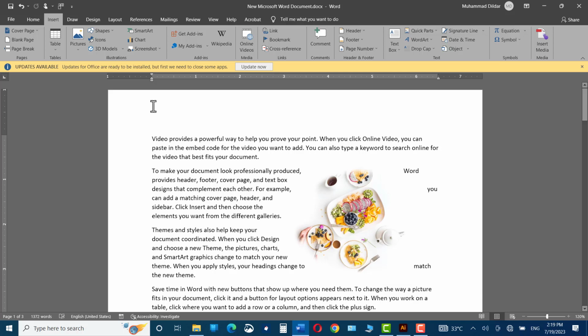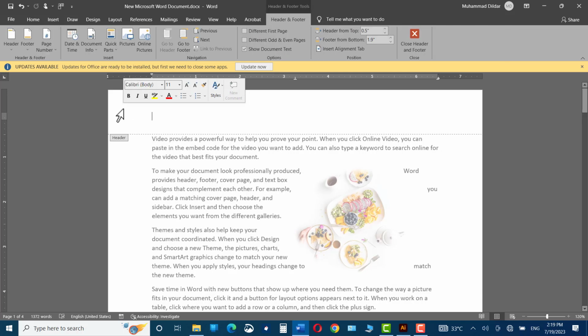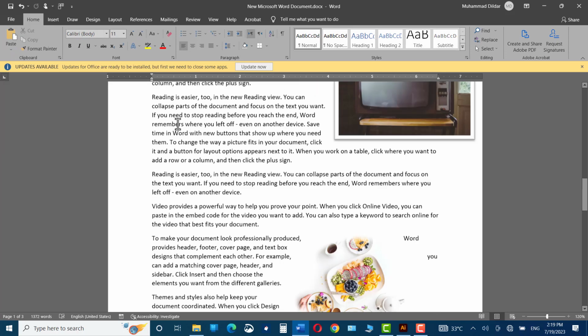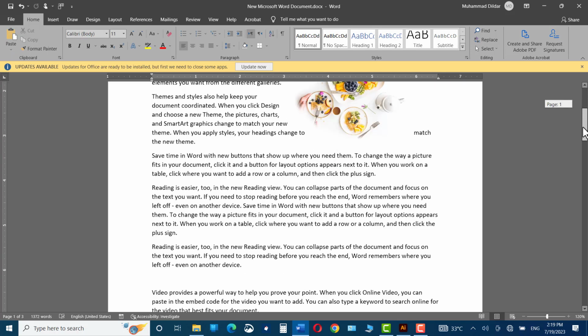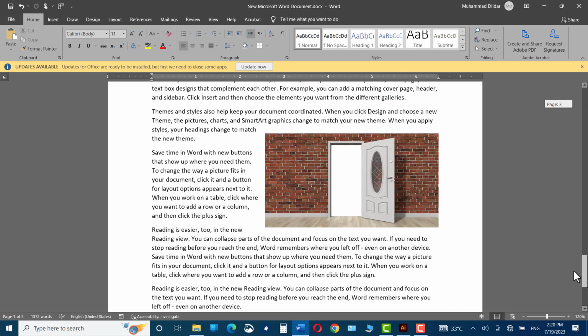You can also come right over here and double click to add header and footer to your document as well. You can simply write whatever you want to write. Let me write techtime.com, and if I double click outside, then the header will be applied to the document. As you can see, as you scroll down, you can see techtime.com, the header appears on the top of each